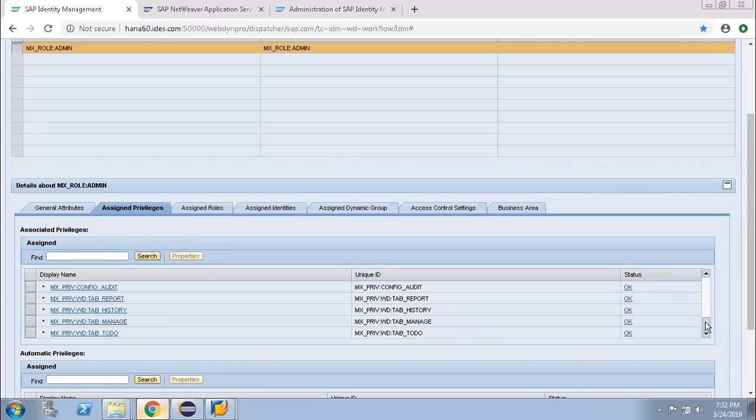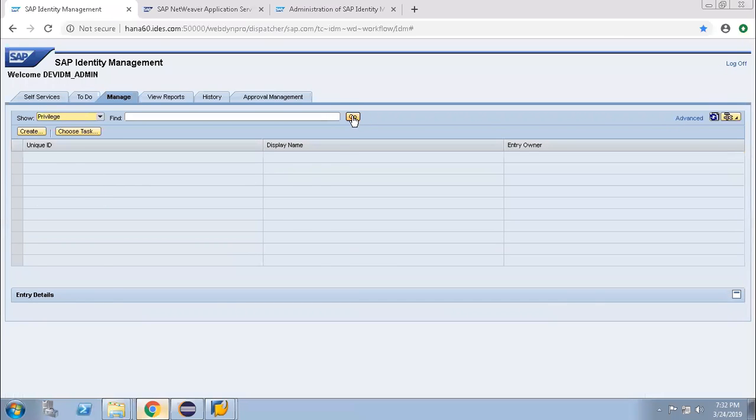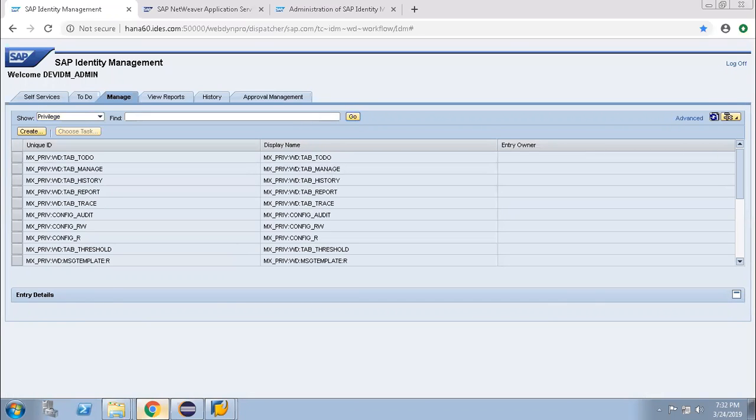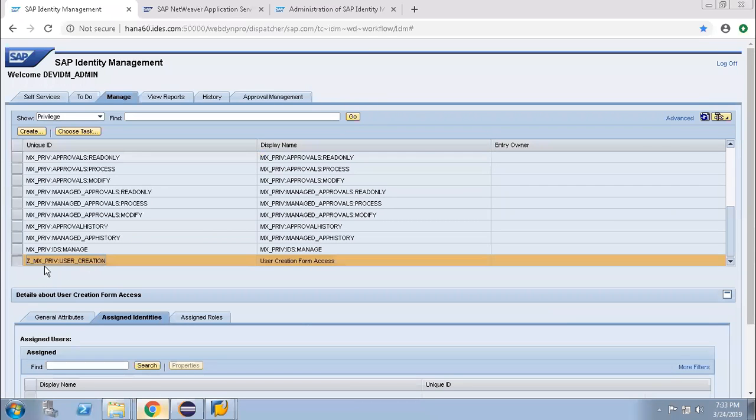If you search the privileges, only those standard privileges are available in the system. By default, standard privileges, plus one privilege I have created, this is the IDM privilege. This is not a backend system privilege, this is an IDM privilege.